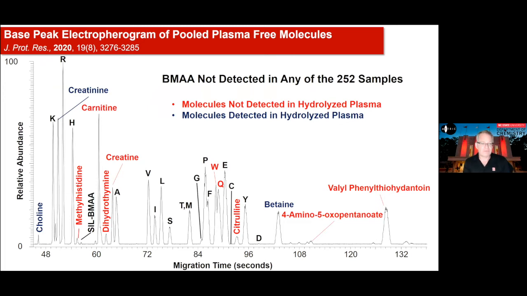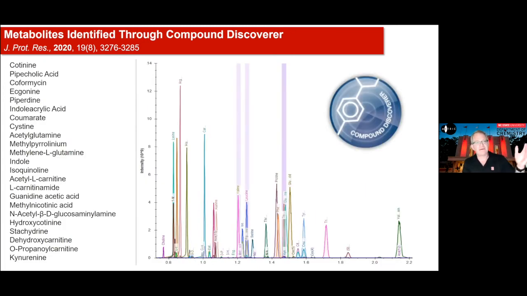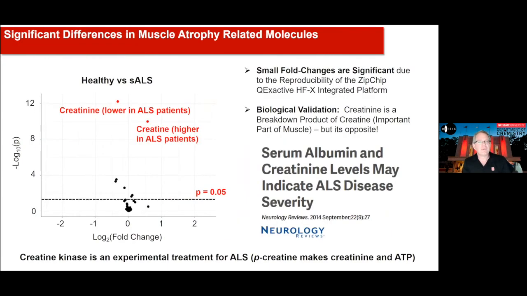And so we tried to look at some of the other data using Compound Discoverer. So in general, we see about 150 metabolites in just a little over 2 minutes. So this is a little bit longer electrophoretic run to get more resolution. But we see about 200 metabolites. We looked at all those different metabolites, and there are other ones on this list that struck our interest in terms of predictability. But one that really stuck out was creatinine and creatine.